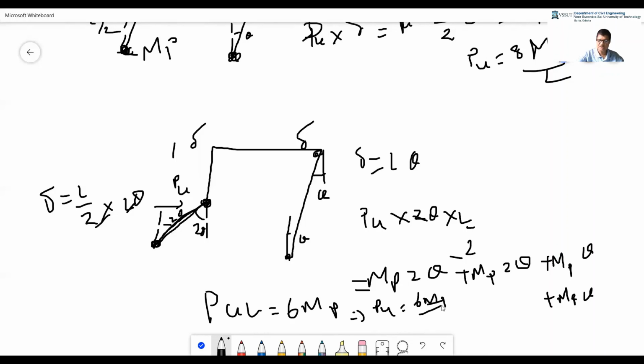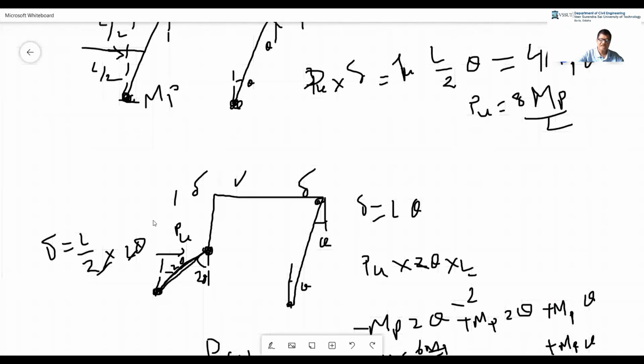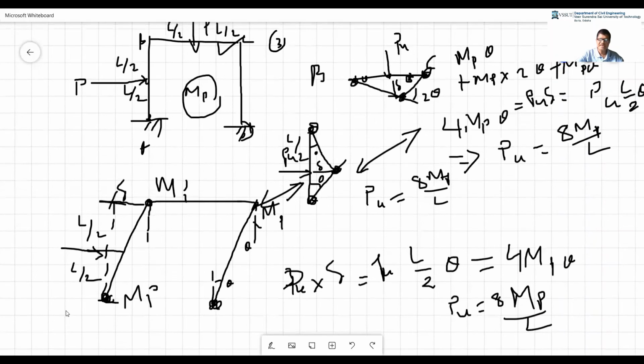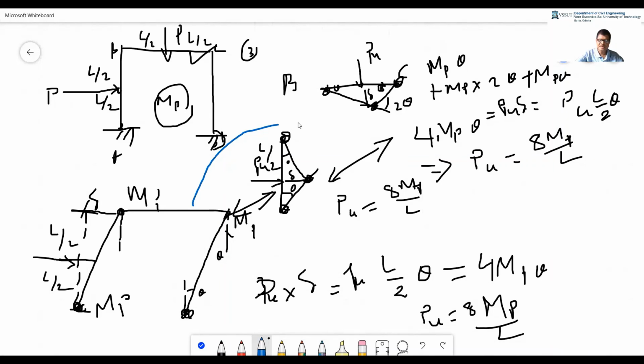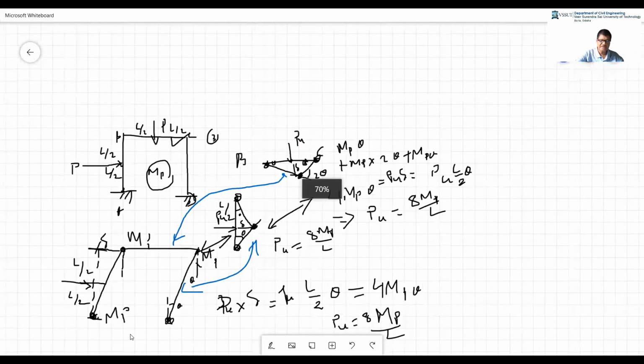This is one combination possible which we have not explored last time. That is why I have done that. You can also combine this with this. You can combine this with this. You can combine this with this. So in the first case we combined this plus this, mechanism 2 and 3. So 2 3 we have combined. Now we can combine 1 and 3.